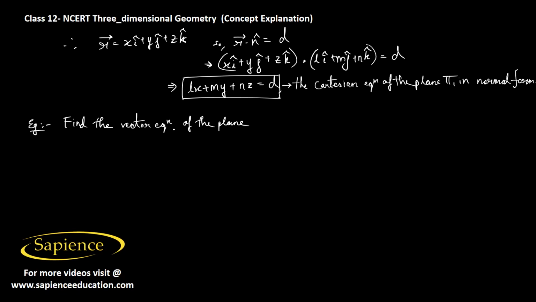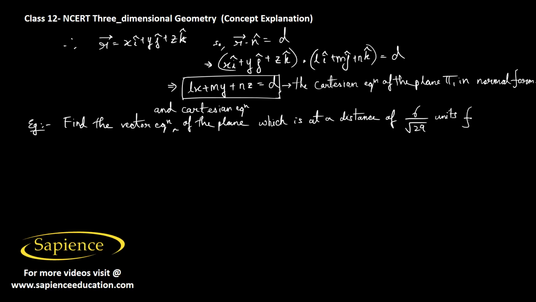Suppose here the vector equation is also asked and the Cartesian equation also. Find the vector and the Cartesian equation of the plane, which is at a distance of 6 by root 29 units from the origin,